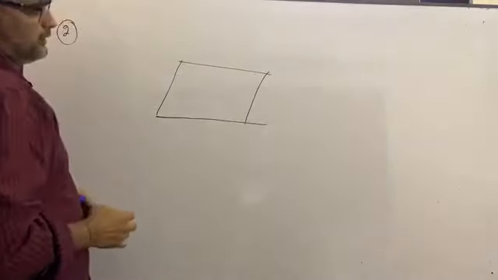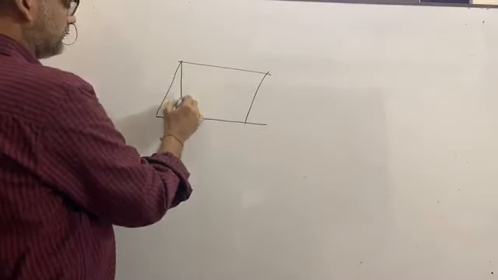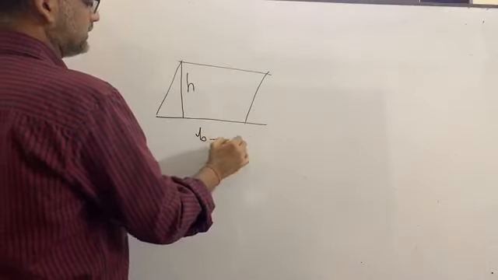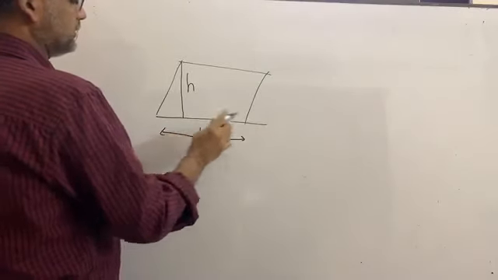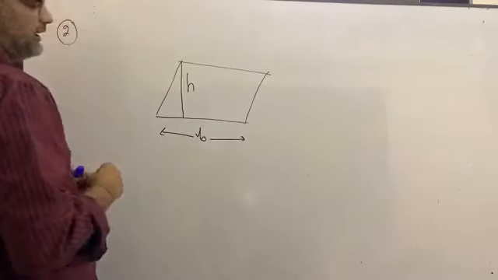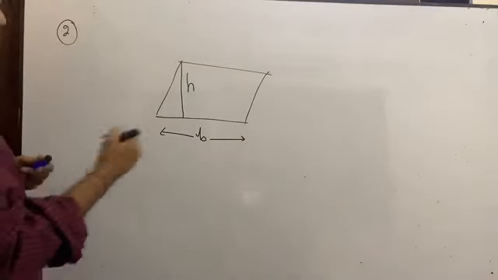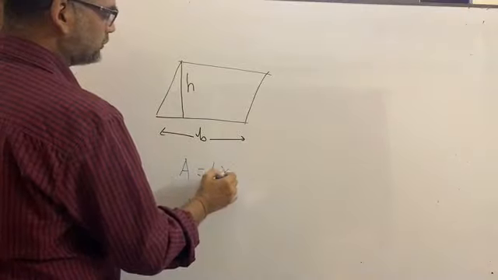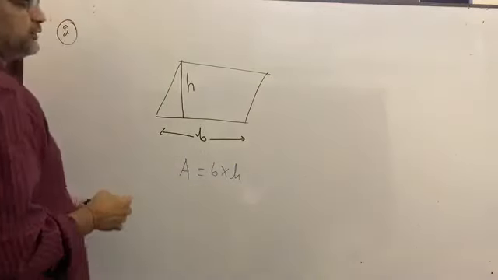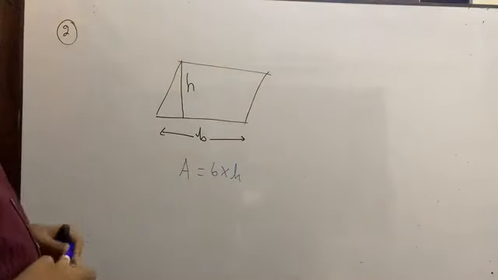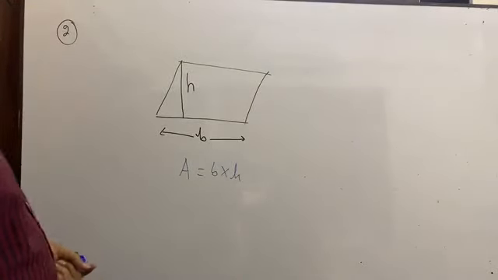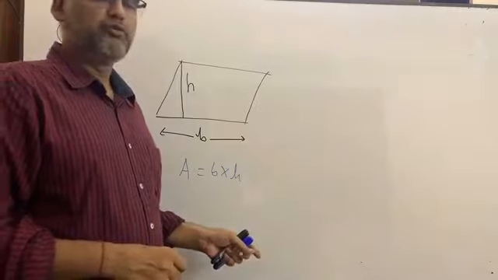Its area means this is height and this is base. So what will be its area? Its area will be equals to base into height. You understand? So from this given data, we have to find